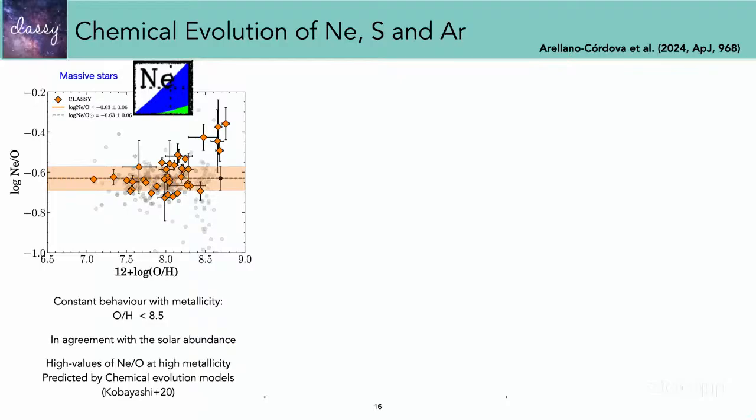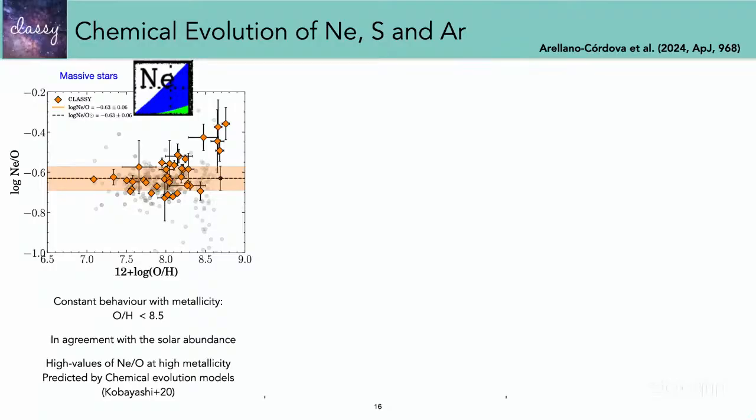So this is the first plot that we show. Neon. And you see here the metallicity we calculated. So this is what we expected to have for the nucleosynthesis. And then we have dispersion that is basically fine. We compare with our solar abundances for neon, and basically we are there. This means that it is really in very good agreement with what we are seeing here in the local universe, basically. We have this increase in neon that is a little bit weird because we don't expect that.